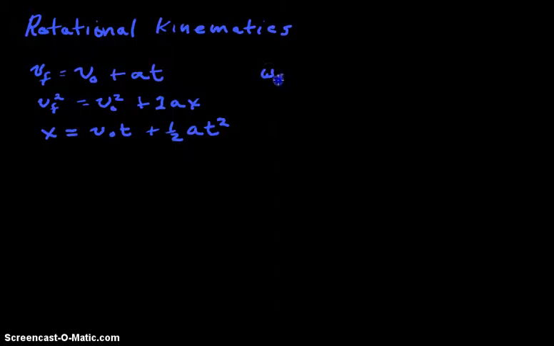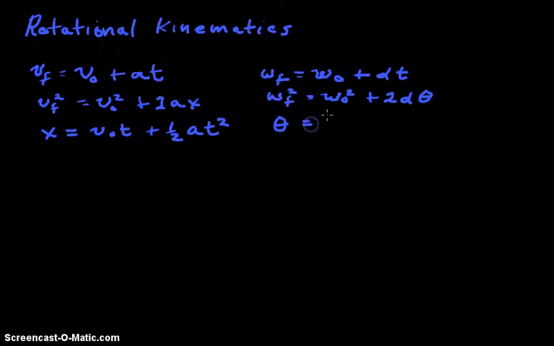We have the final rotational velocity equals the initial rotational velocity plus the angular acceleration times the time, and the final rotational velocity squared equals the initial rotational velocity squared plus 2 times the angular acceleration times the angular displacement theta, and then you had the angular displacement equals the angular velocity times the time plus 1/2 the angular acceleration times